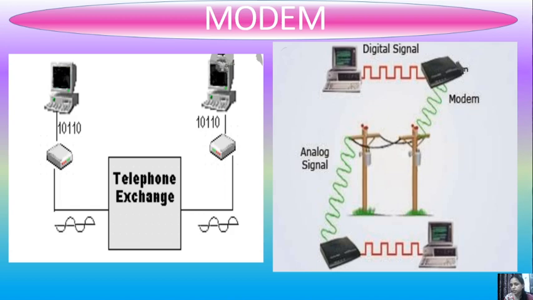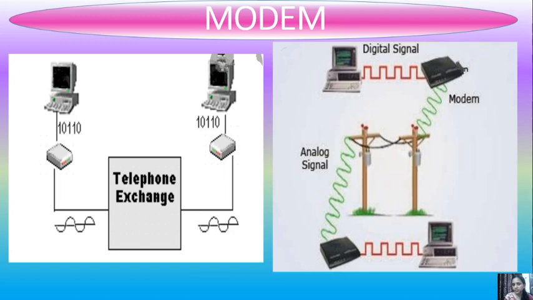So that the receiver PC, or the user, can see the messages on the screen. So what's going on here? That modem is doing the process of conversion of digital to analog and analog to digital. Modulation and demodulation. In the process of modulation, it is converting digital signal to analog signal, and in the process of demodulation, it is converting analog signal to digital signal. So this is the concept.